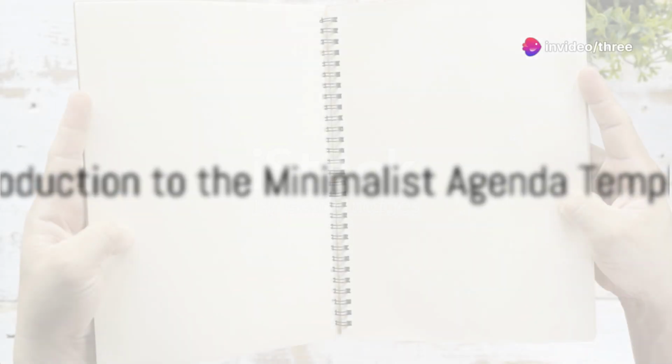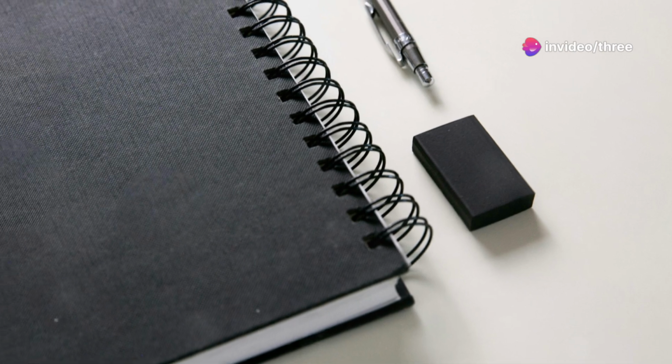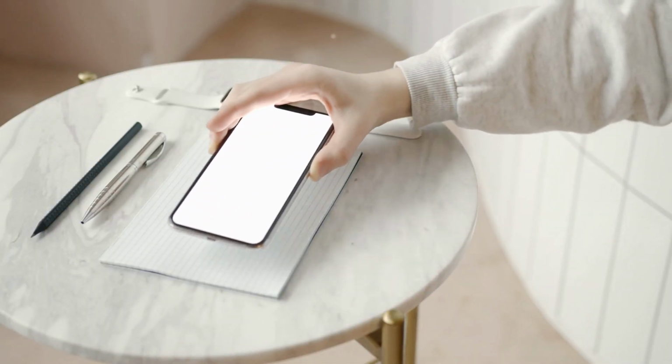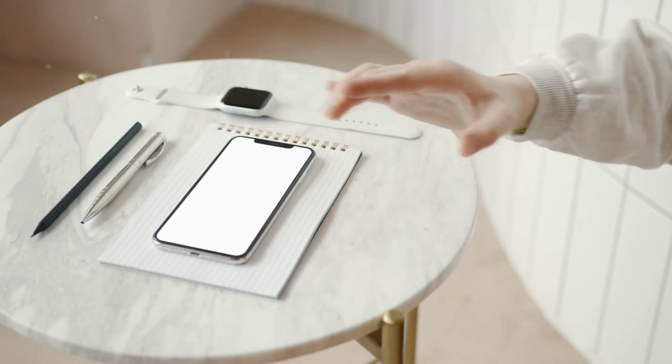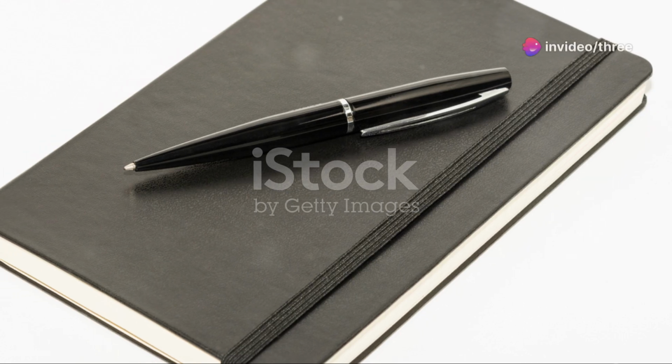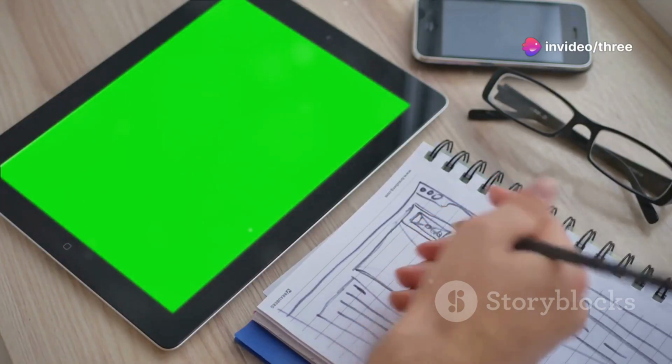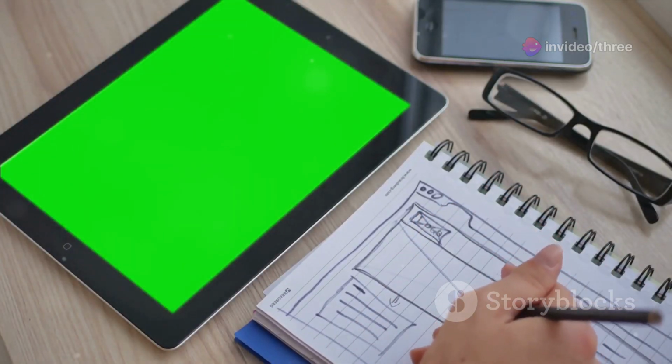Ever wondered how to unlock the full potential of your reMarkable notebook? It's all about the right tools. And one of those tools is our Minimalist Agenda Template, a tool designed to complement the advanced technology of your reMarkable notebook. The reMarkable notebook, whether it's the reMarkable 2, reMarkable Pro, or reMarkable Paper Pro, is a marvel of